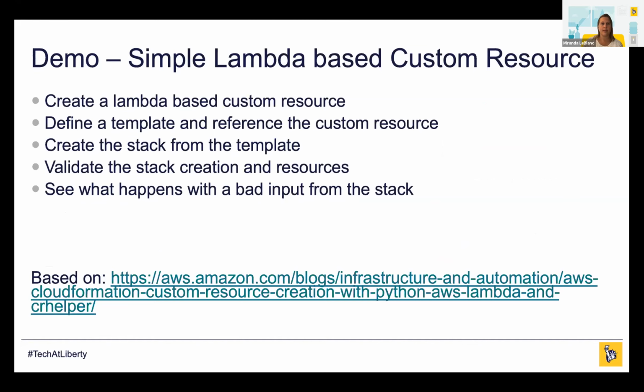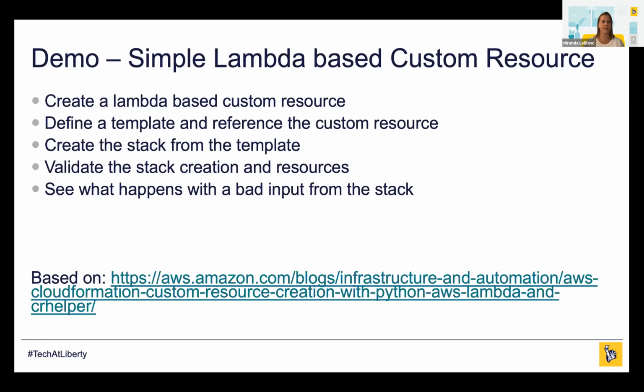So let's see a demo of building a simple Lambda-based custom resource. First, we're going to create our Lambda custom resource, which will be a sum. So it's going to add two numbers together. And then once we have that custom resource, we're going to define a template and reference it. Then we'll create a stack from the template. We'll validate that the stack has been created, and then we'll see what happens when we have bad input from